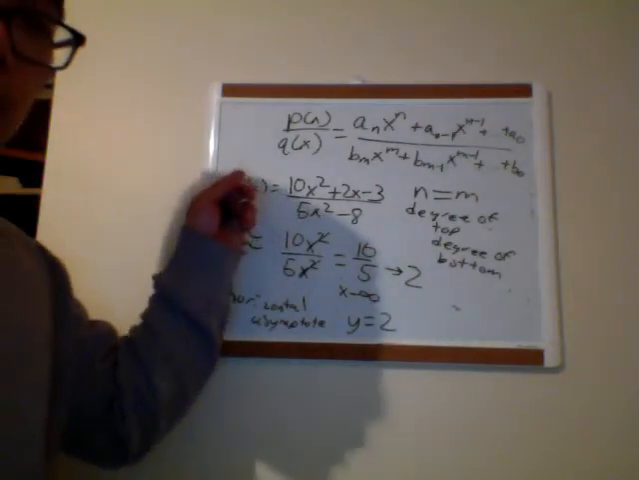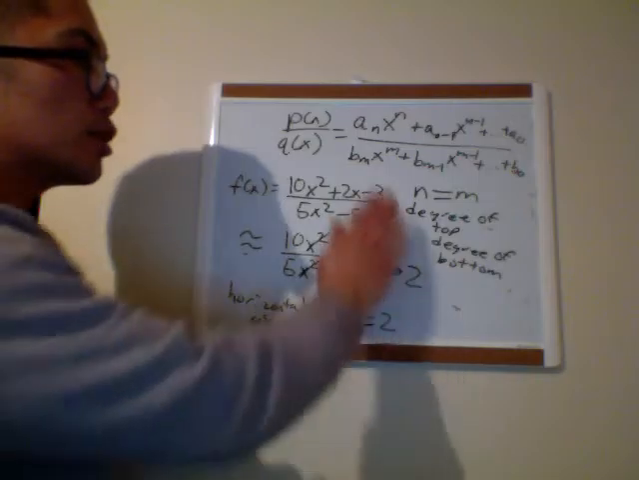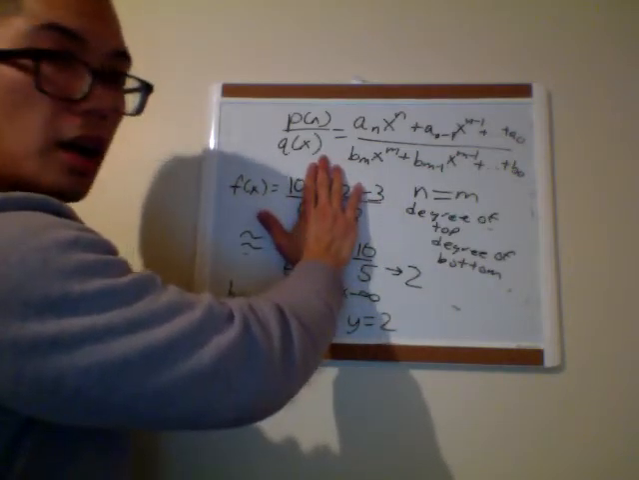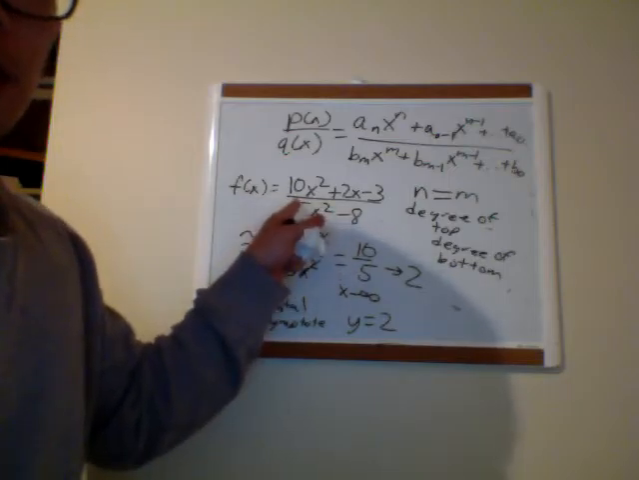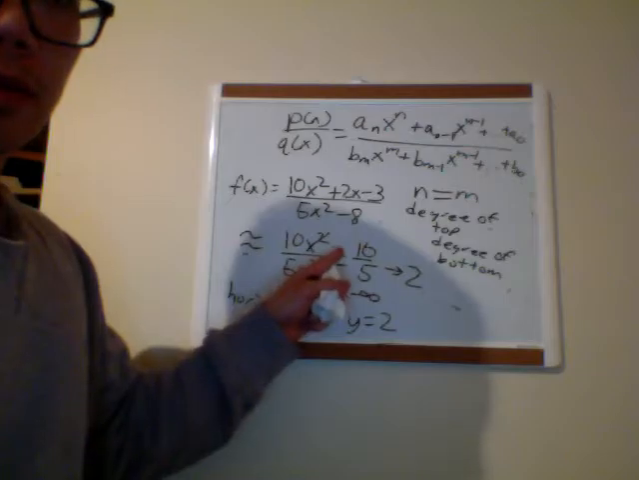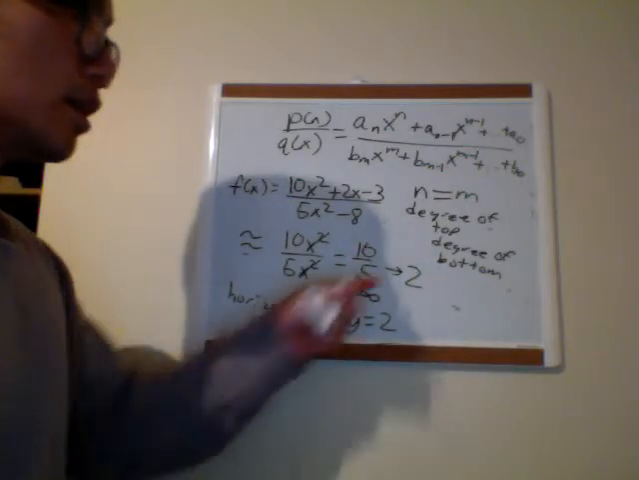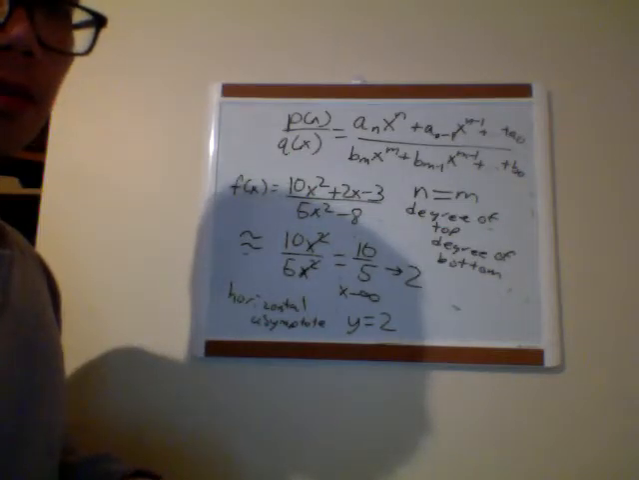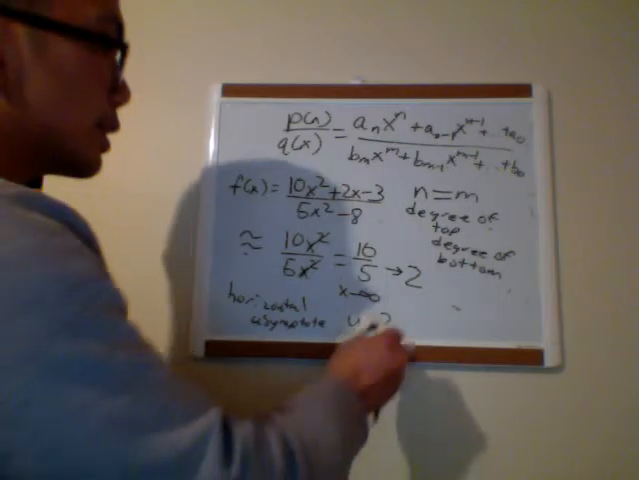So in reality, whenever you have n equal to m, all you really have to do is take the coefficients of the first terms, the terms with the highest power, and just divide them, like 10 over 5. Put them over each other, and if it simplifies to a number, you leave it as a number. If it's a fraction, you can leave it as a fraction. So if you want to see this again,